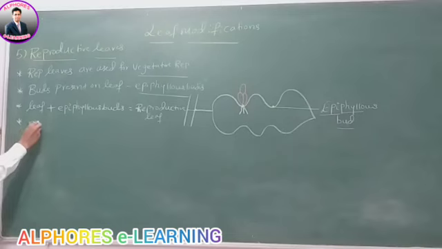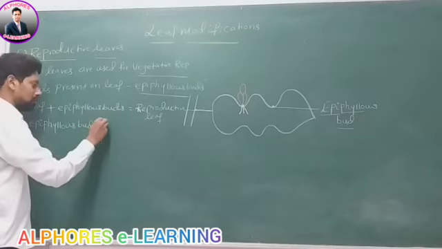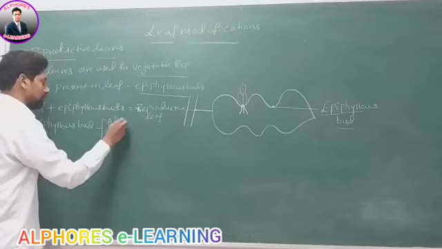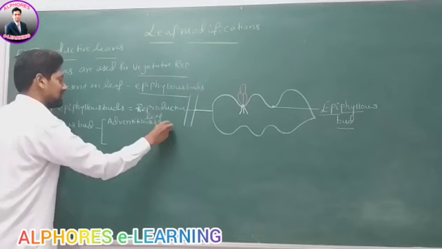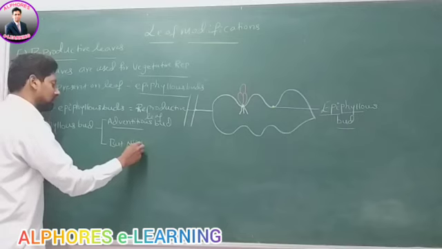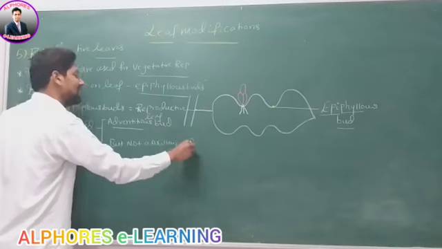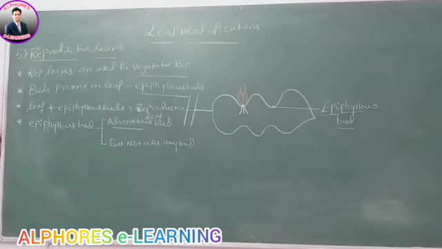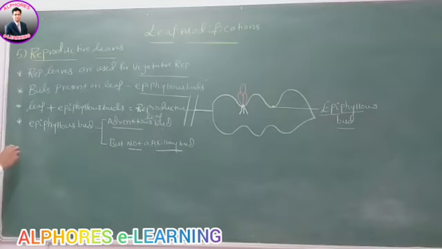Okay. Sir, this epiphyllous bud, which bud, sir? This epiphyllous bud is an adventitious bud. Epiphyllous bud is which bud, sir? It is an adventitious bud, but not an axillary bud. Sir, axillary bud means it should be in the axil of the leaf. Is this epiphyllous bud present in the axil of the leaf? No. Therefore, it is not an axillary bud. Okay, right?